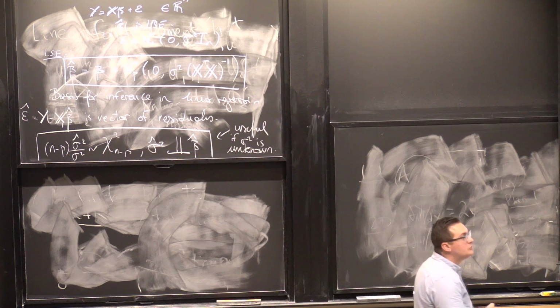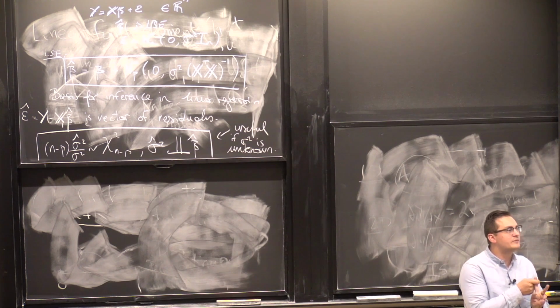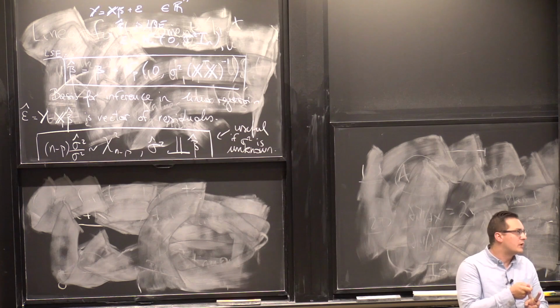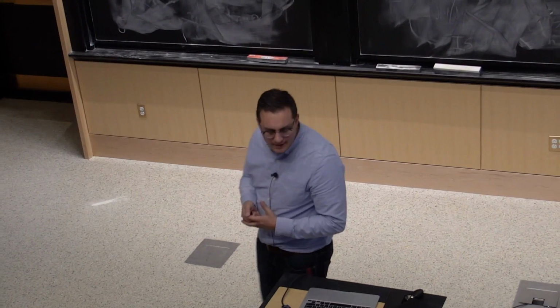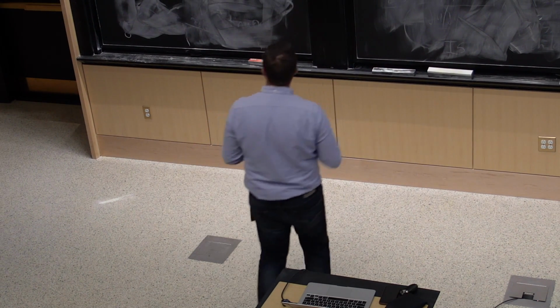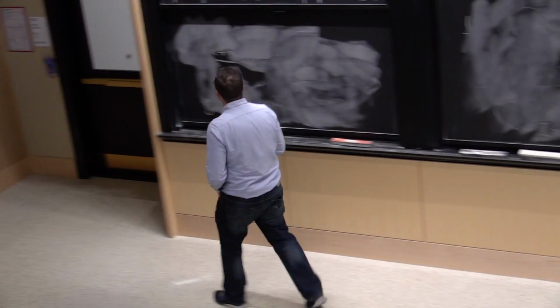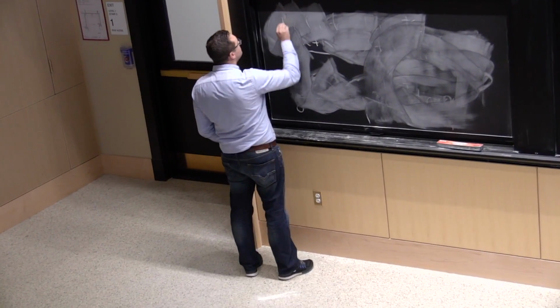The two other things we do in inference are confidence intervals. And we can do confidence intervals, but we're not going to do much because we're going to talk about their sort of cousin, which are tests. OK, and that's really where the statistical inference comes in. And here we're going to be interested in a very specific kind of test for linear regression. And those are tests of the form